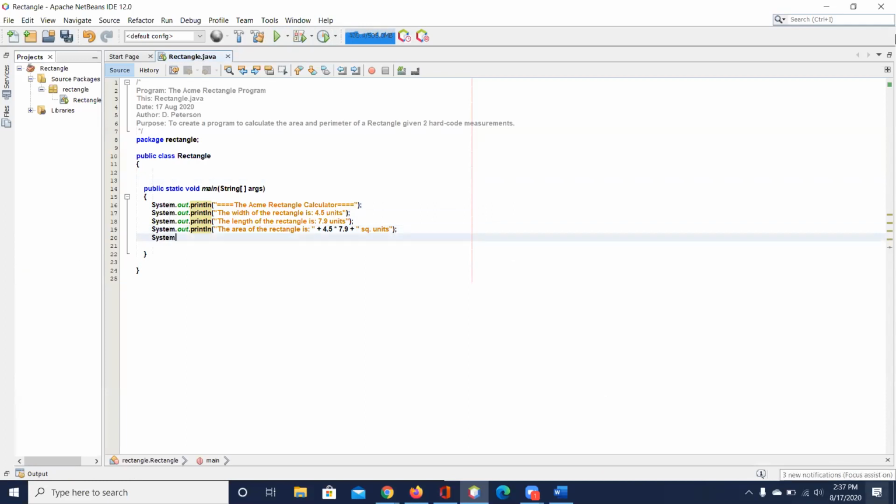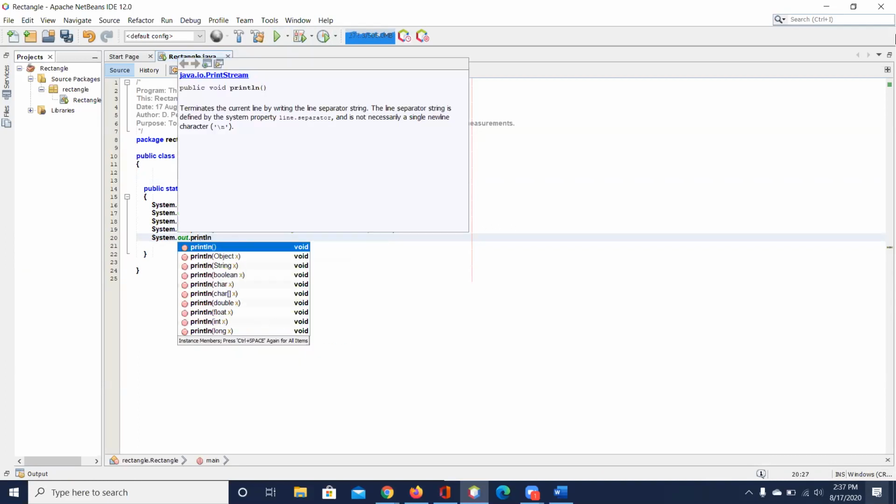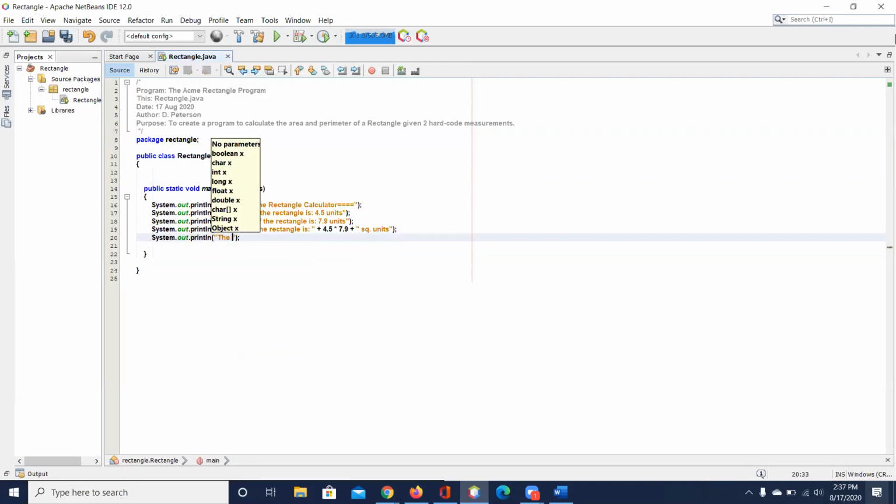And this is system.out. The perimeter this time. Perimeter of the rectangle is, I got a space there, that's what I want.